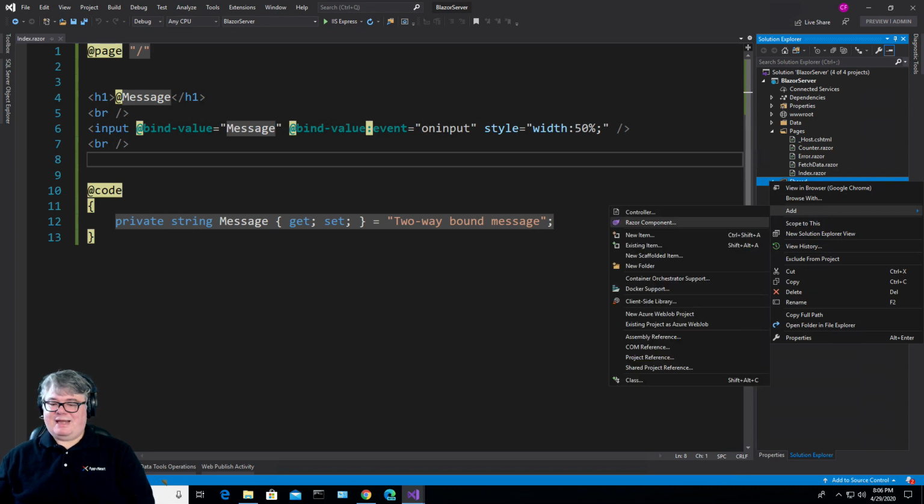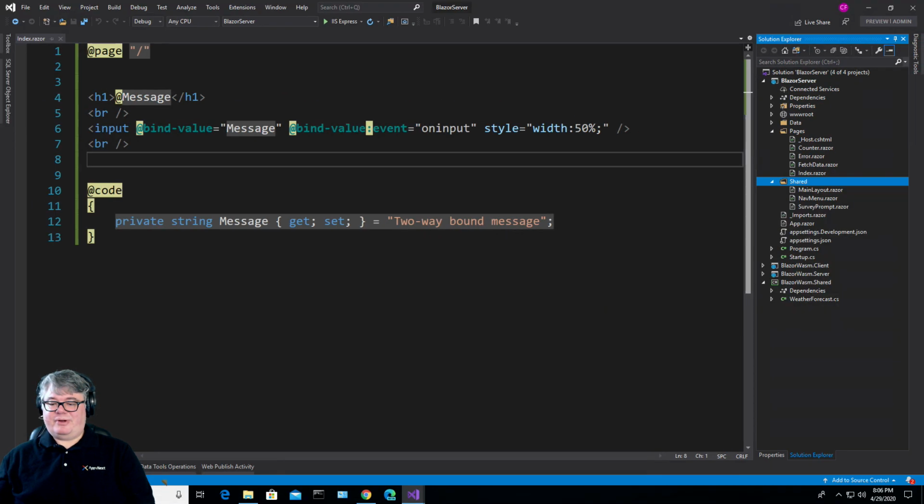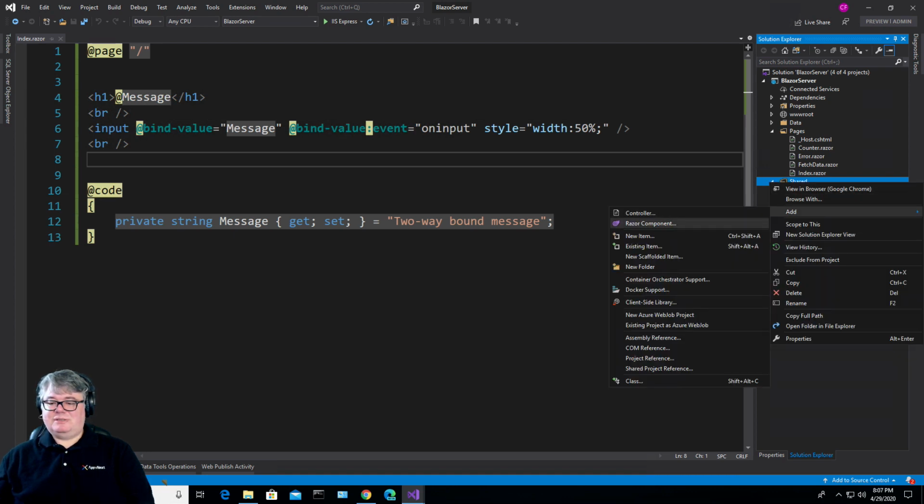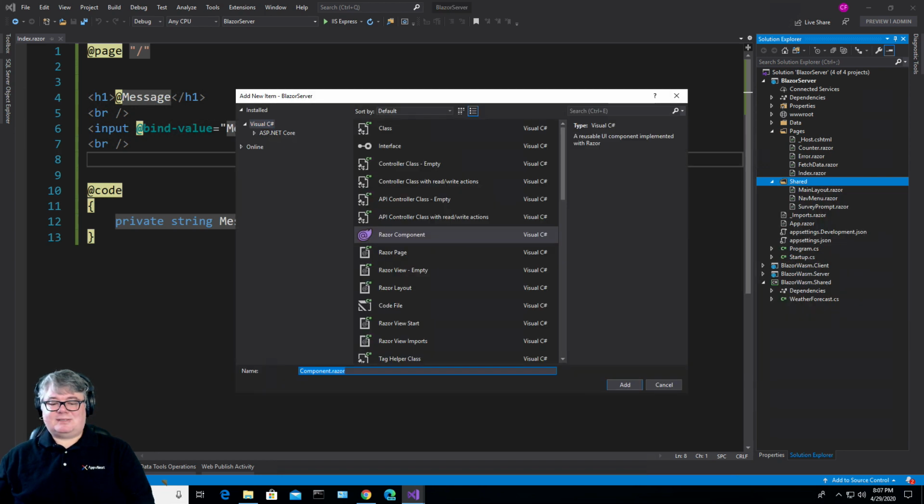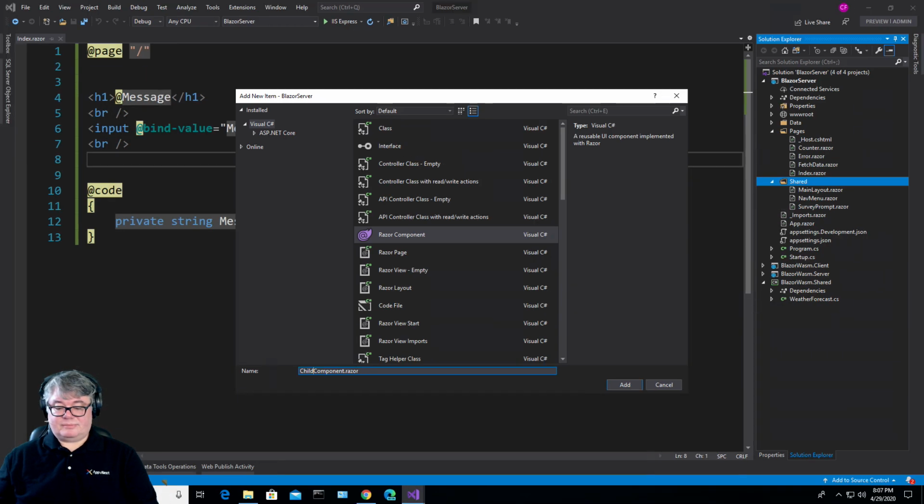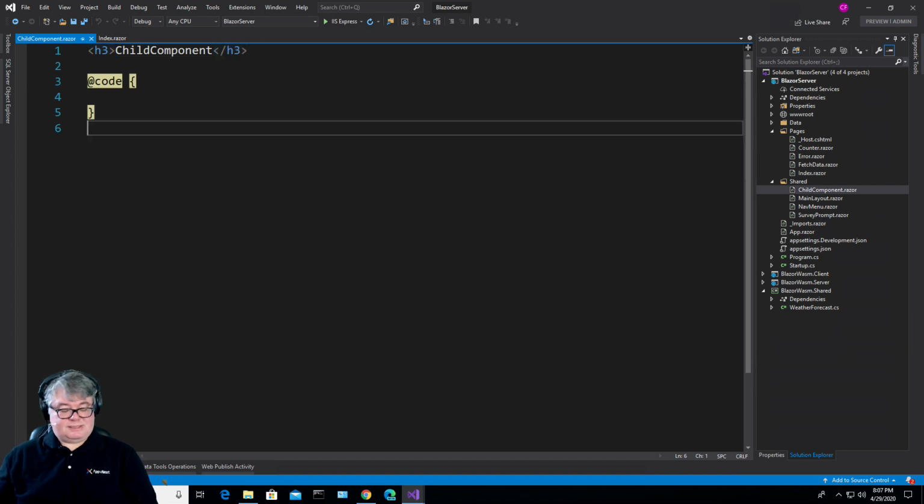So we're going to add a Razor component. Right click, add on the shared folder, then select Razor component. And so whether it's a page in the pages folder or a component in the shared folder, it starts as a Razor component. And I'll call this child component. Right there, child component. Okay, so let's get rid of this